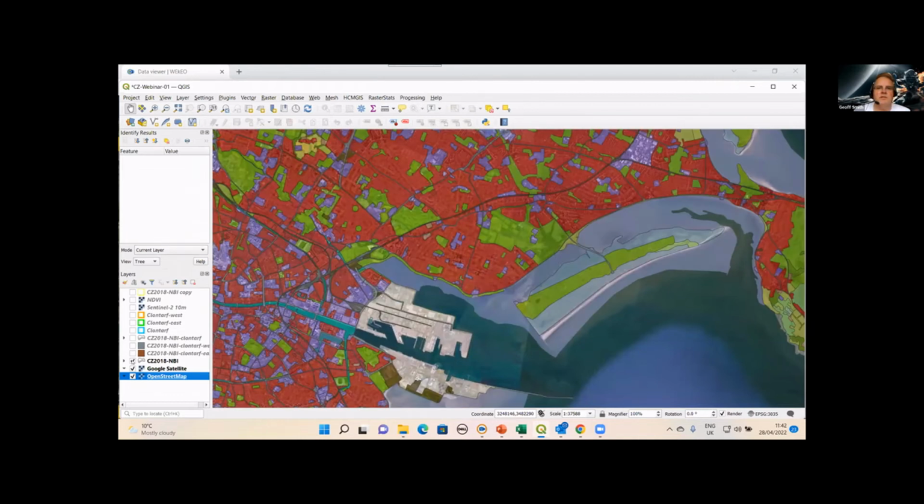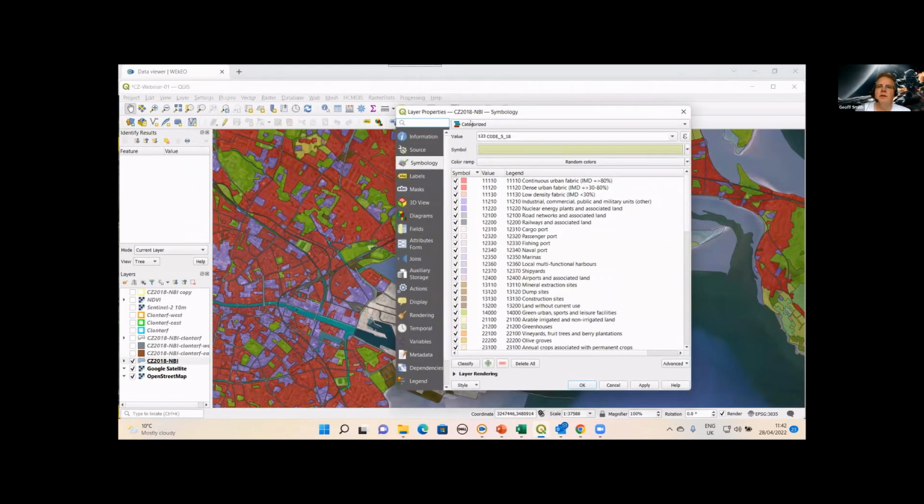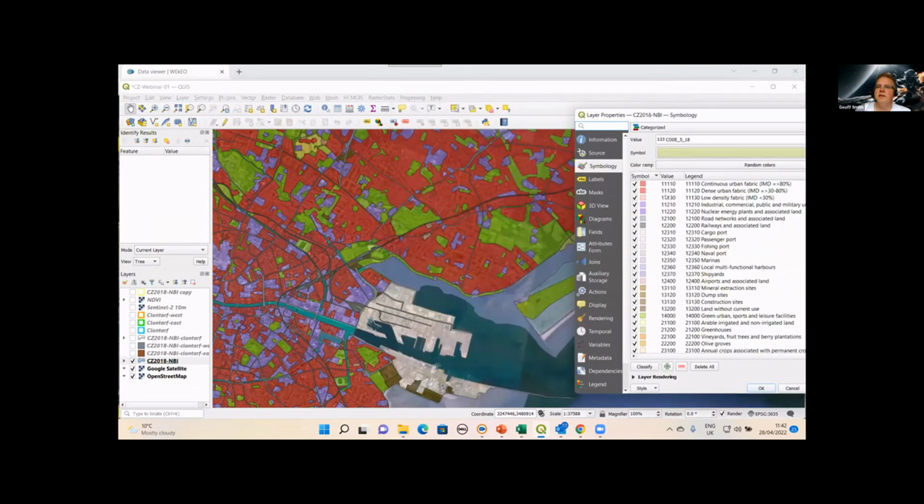And so what I've done here, I've displayed it with its standard color table, but I've also allowed some transparency so we can look through to the underlying layers. And I think you can easily then make out how these different classes operate. So we have these red classes here, which are different urban areas. And let me just pop up the nomenclature here. So we can see these urban classes at the top here in red and shades down to orange here.